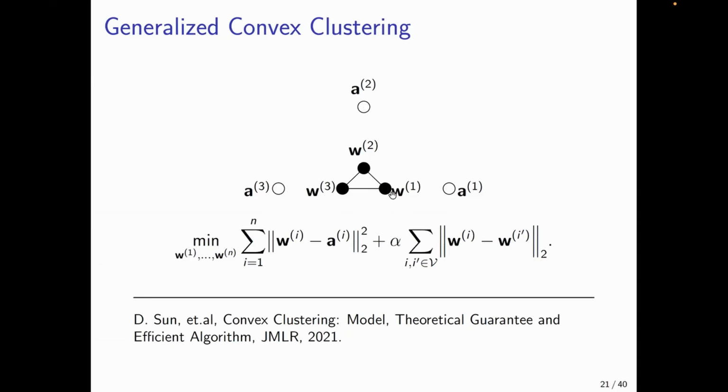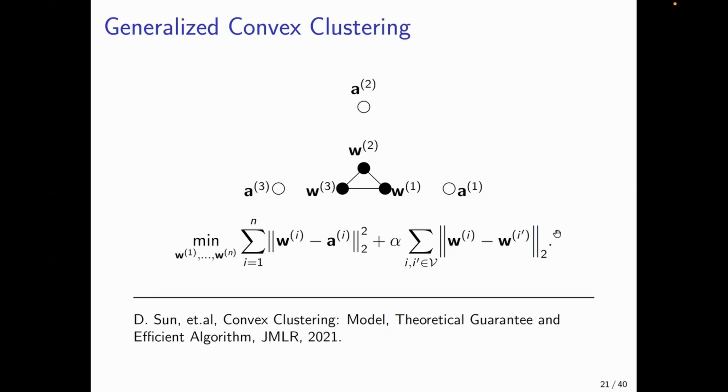You introduce a local model parameter. So we can think of each original data point as a node in a federated learning system. And then you try to find local model parameters that on the one hand are not too far away from their respective data point, but on the other hand agree well or are similar to the other local model parameters. And it turns out if you use for the discrepancy measure here not the squared Euclidean norm, but